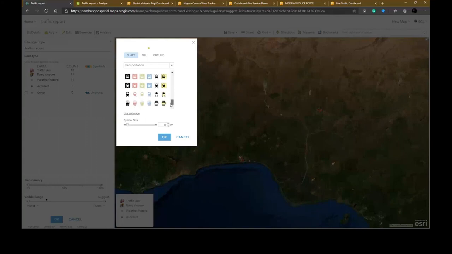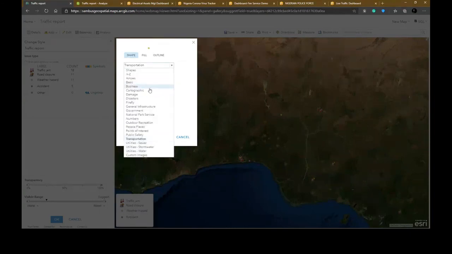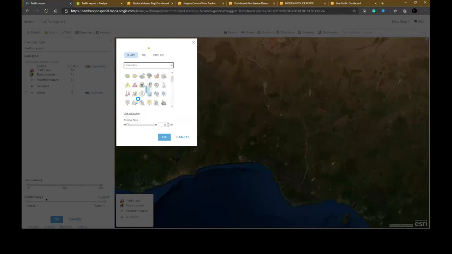The essence of using appropriate symbology in your map is to allow those who are not geographers to easily understand what you are trying to pass across with your map. So, okay, let me check disaster. Okay, fine. Let me use this one. Doesn't look like a thunderstorm. So I'll set the size to 20